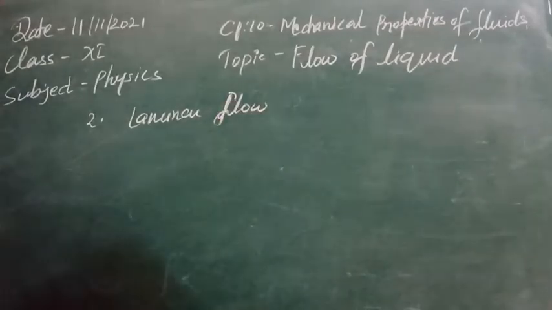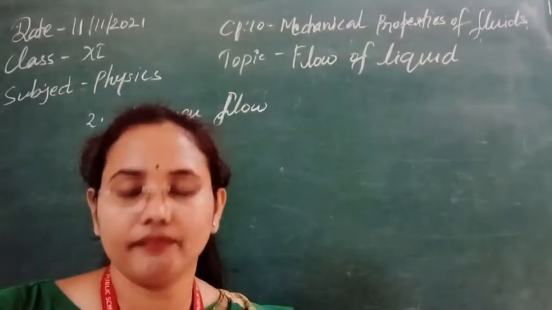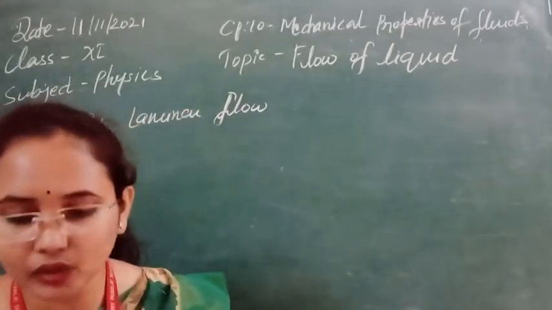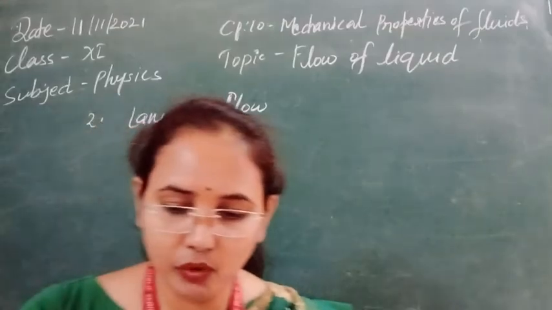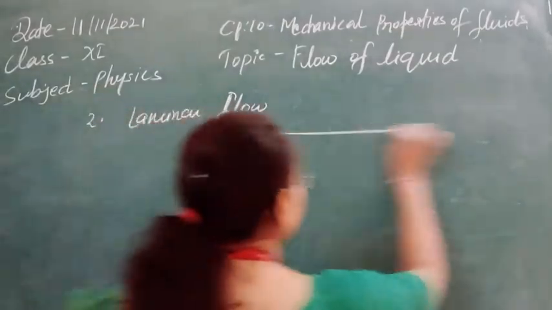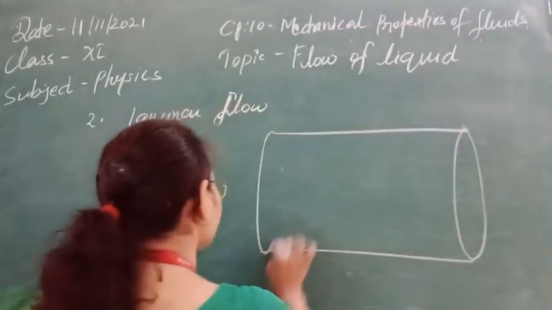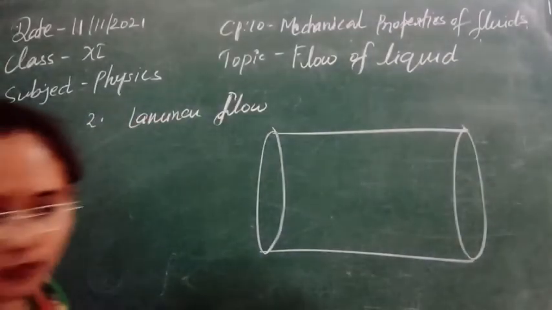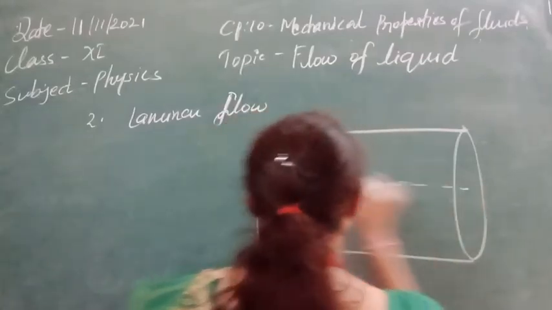In laminar flow, a liquid is flowing over a horizontal surface with a steady flow and moves in the form of layers with different velocities, which do not mix with each other. When the liquid flows like that, it is known as laminar flow. Suppose you have a tube and you have just taken its cross section, and you start to see the liquid that is flowing here.